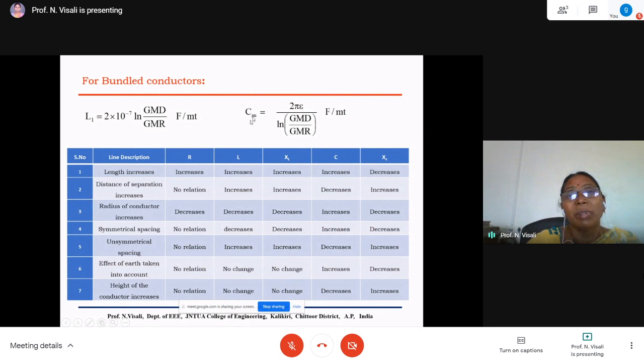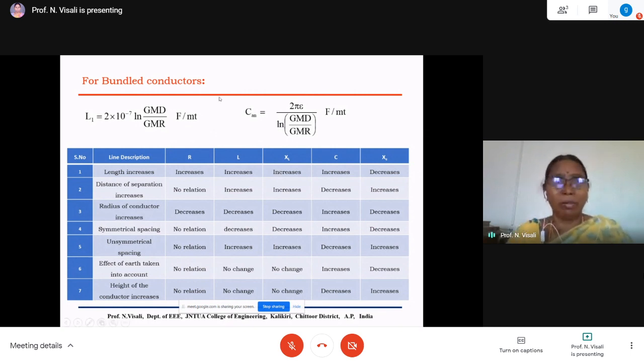Here also the same procedure. GMD means it's not simply D. We need to calculate the geometrical mean distance, and simply R cannot be taken as the geometrical mean radius if the conductors are bundled. In the previous case, we did not mention the type of conductors. Here only a conductor is there. Conductors are displaced with asymmetrical, unsymmetrical spacing, and we calculated the values of L